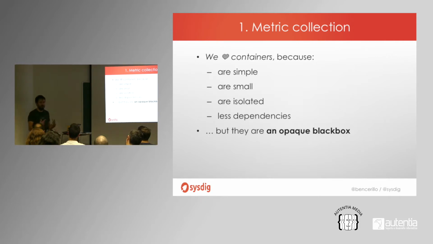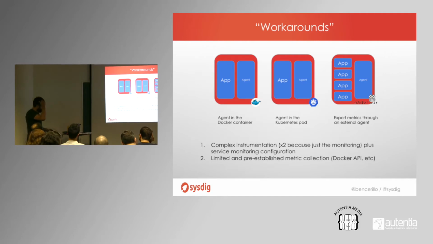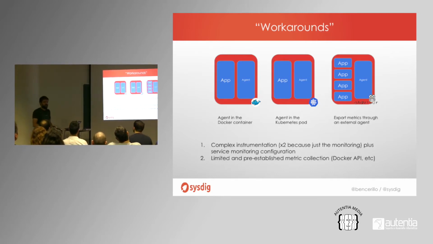we need to monitor, we need to maintain, and they are basically a black box, because monitoring tools, troubleshooting tools, any kind of sysadmin or operations tools don't have much visibility of what's happening inside. So people started to apply workarounds. Before, when you had to monitor a server, what you used to do was get your monitoring tool of choice and typically install an agent. So why can't we do the same now? We get a container, we install our application inside the container, and we install the agent.